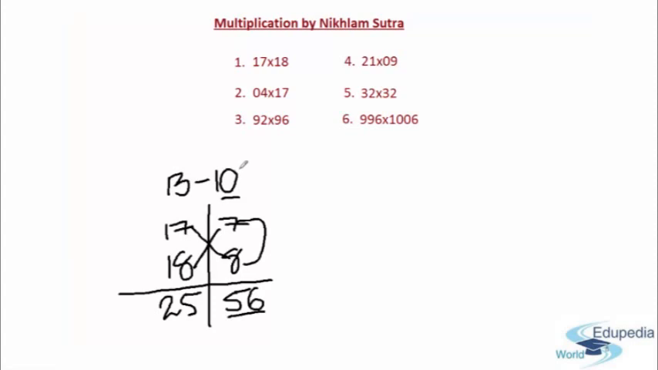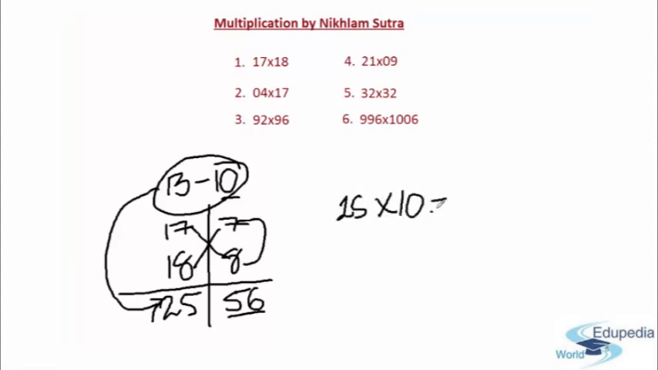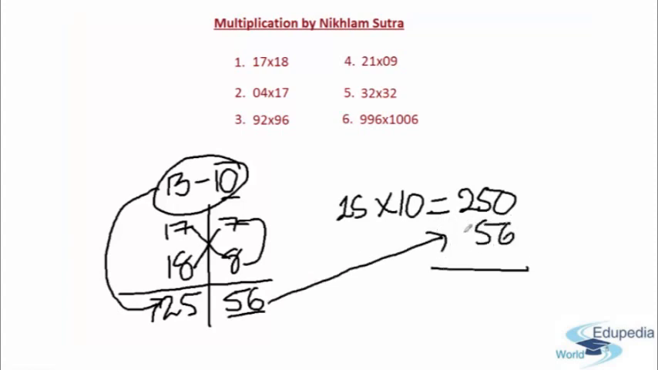Whenever you get this, the only thing you have to do is multiply the base with the number at the bottom of the left column side. So multiply 25 into 10, and you will get 250. After getting this, you add this number 56. If you add 56, you get 6, 5 plus 5, 10, 1, so 3. Therefore, the answer when you multiply 17 and 18 is